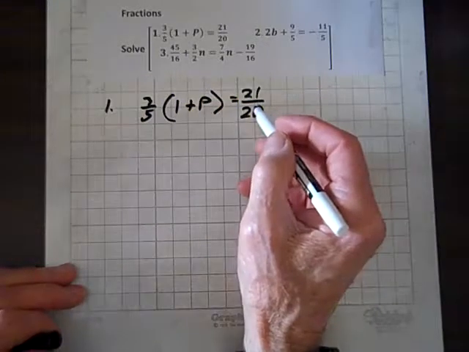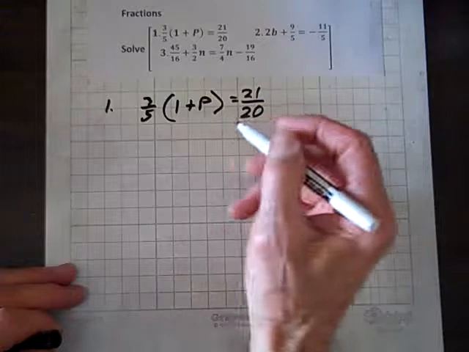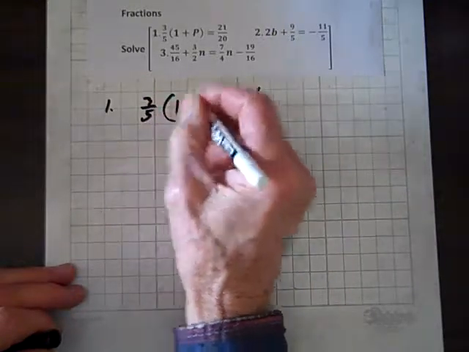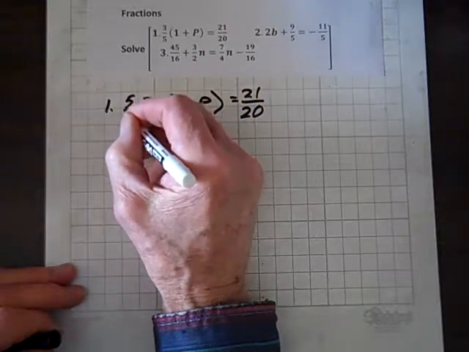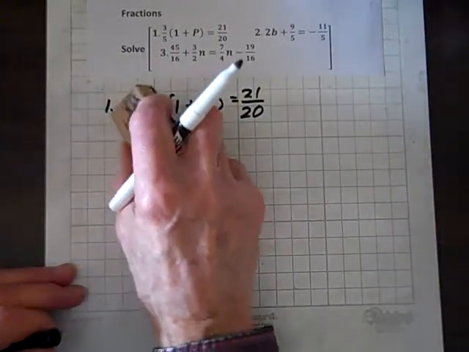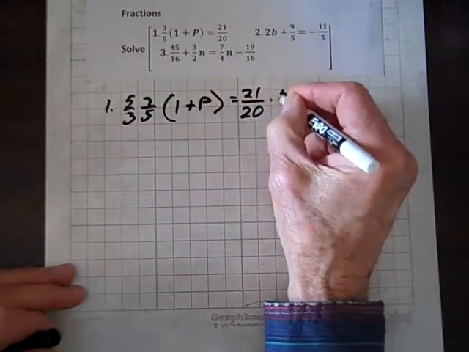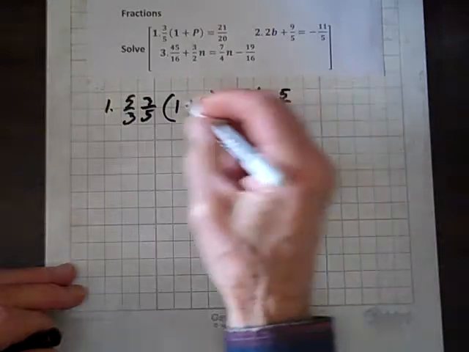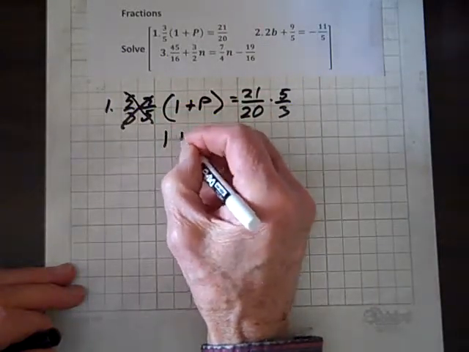Let's multiply both sides by the reciprocal of 3/5. That way we'll have a 1 here and we can dispense with the parentheses. So the reciprocal of 3/5 is 5/3, times 5 over 3. And of course the product of these two is 1, so we just get 1 plus